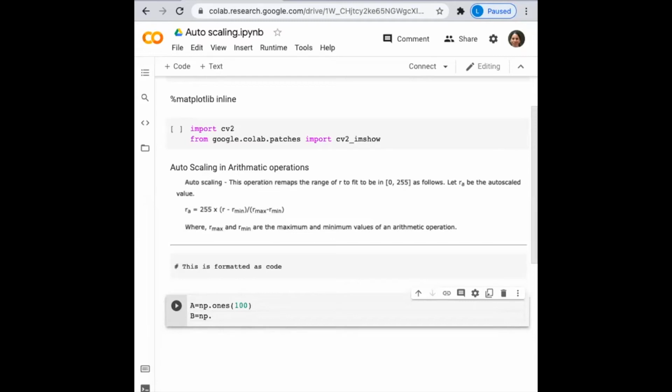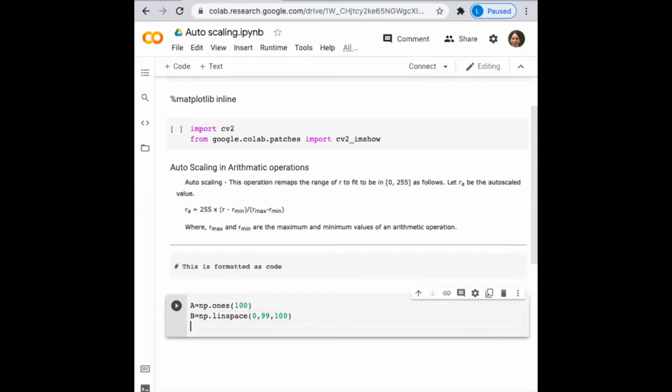So we are going to make a gradient image which is going from 0 to 99 and 100 cross 100. So for that, I'm going to use the command linspace, and I want minimum to be 0, maximum to be 99, and we want the steps.